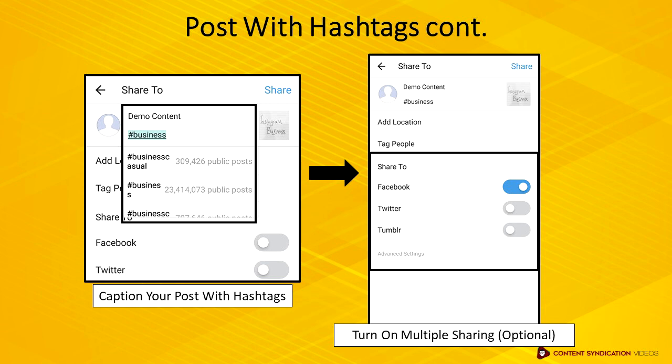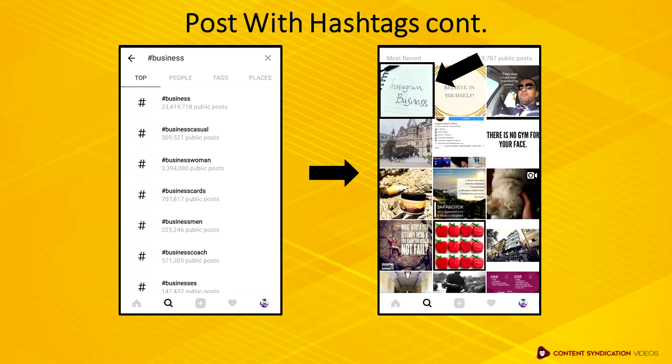Additionally, you can multiple share your Instagram post to different social networks. This is optional unless you want to consistently drive traffic between your Instagram and Facebook or the rest of the social network options. Once you've posted your content, if you look up on the hashtag that you've applied for it,